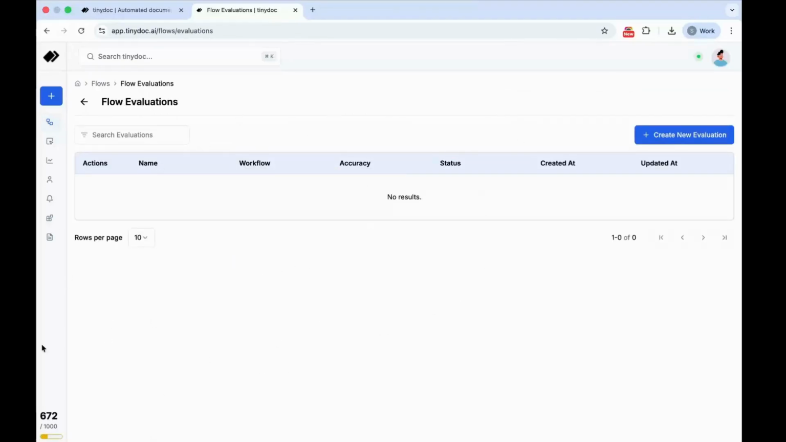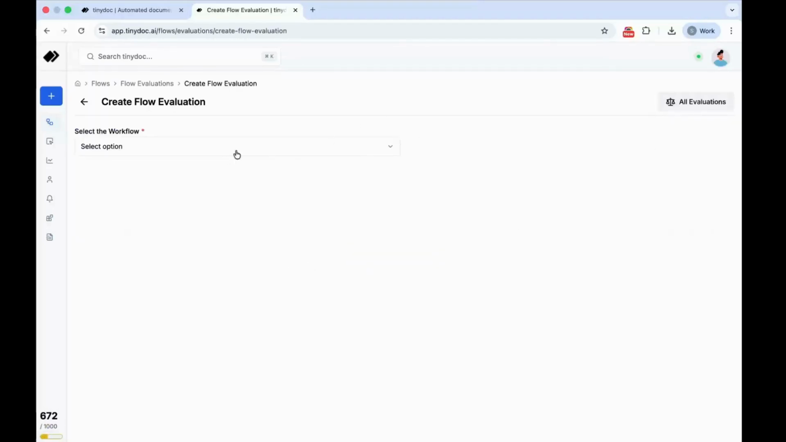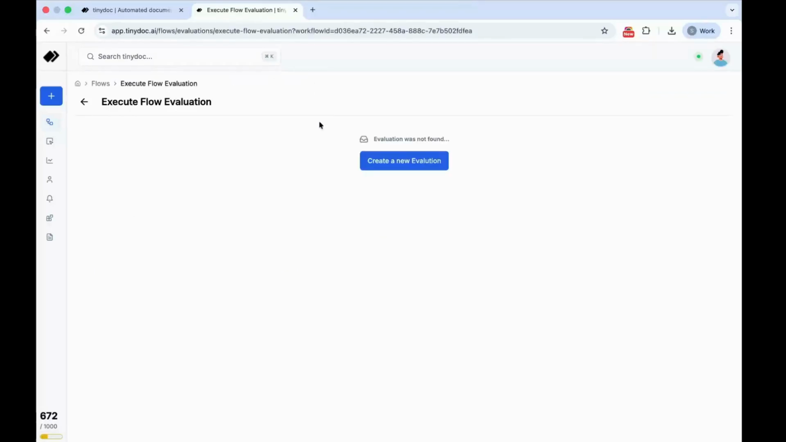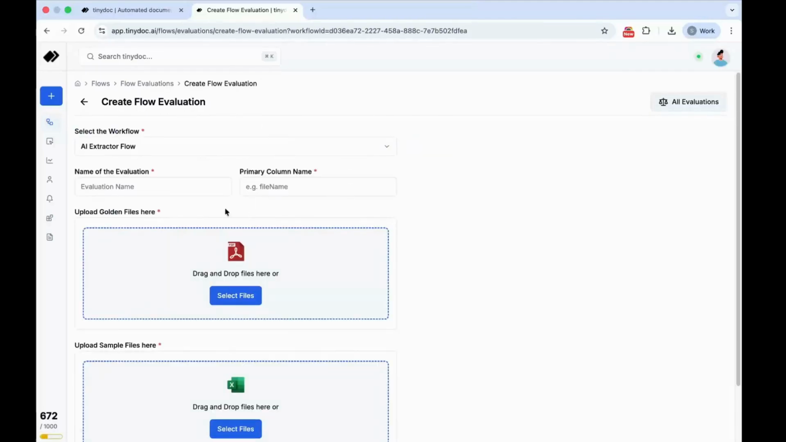Here you will see all the evaluations that you have created. If you want to create a new evaluation, click on create new evaluation or select a new workflow you want to create evaluation of. Or what you can do is directly click on this evaluate option. You would not have any evaluation created. If you don't have, then create one. By clicking on this, it will automatically select the workflow that you have chosen